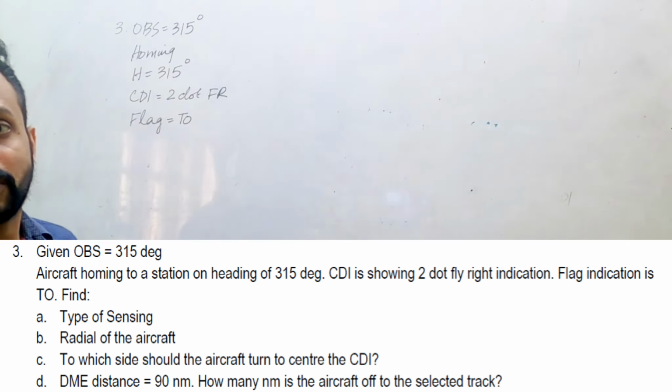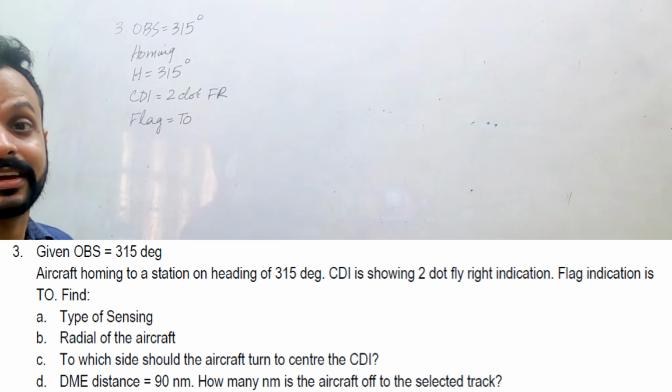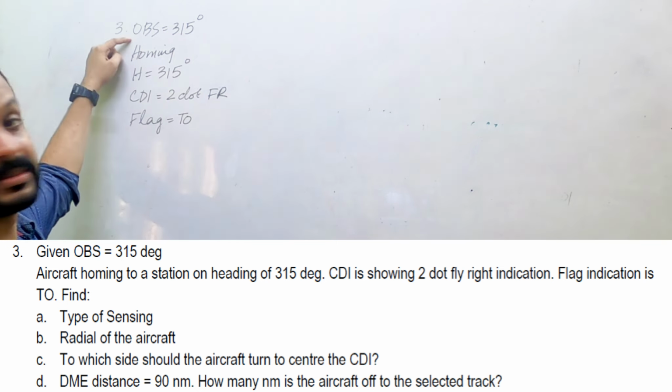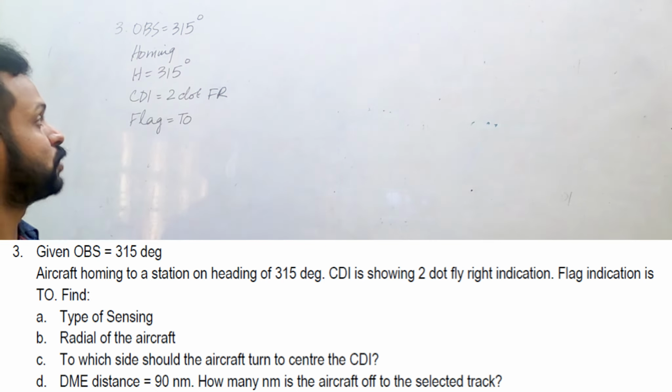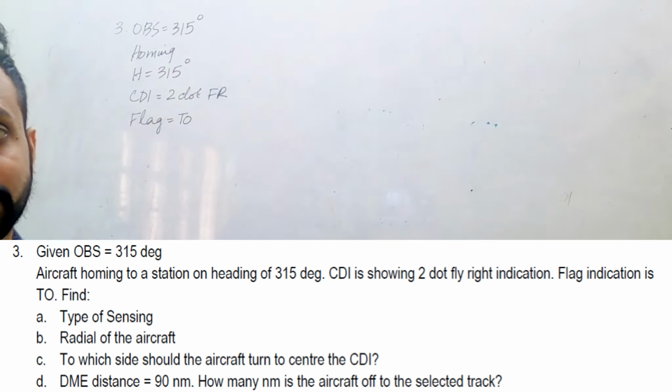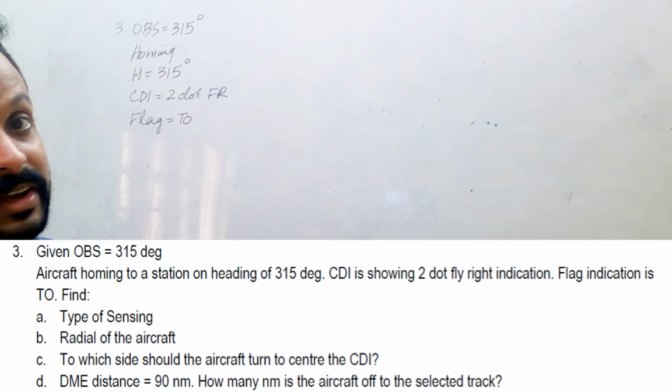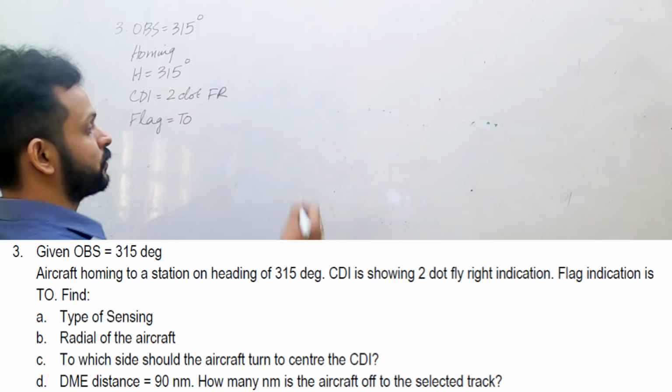In this question, you are homing to the station, which means you're tracking to the station. You have OBS 315. You are on a heading of 315. The CDI is 2 fly right indication with the 2 flag. So let's see everything we can find out from this data. Let's draw the